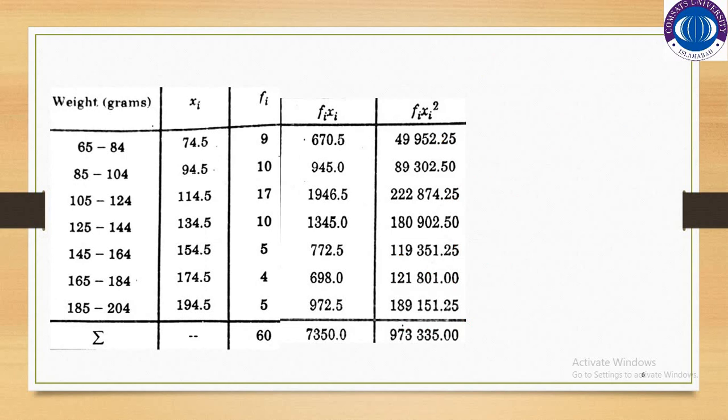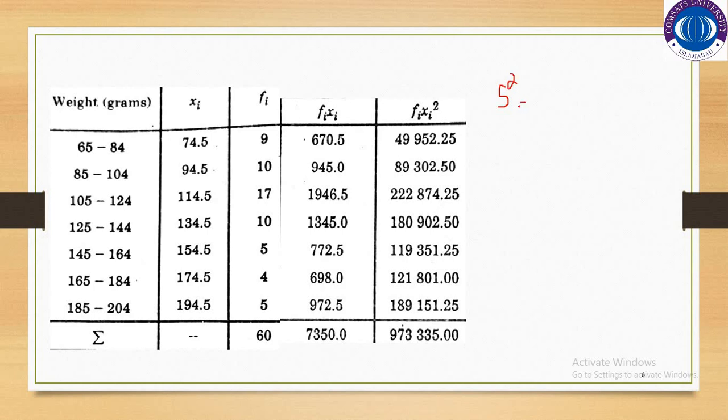Now, variance for the group data. This is the group data. These are the weights, and this is the same data as we have discussed in previous lectures. These are the weights of the 60 apples, and we have already made their classes, class marks and frequencies. We discussed this in the lecture on measures of central tendency. I am taking the same table to find out the measure of dispersion, which is the variance. And what would be the variance? This would be S square